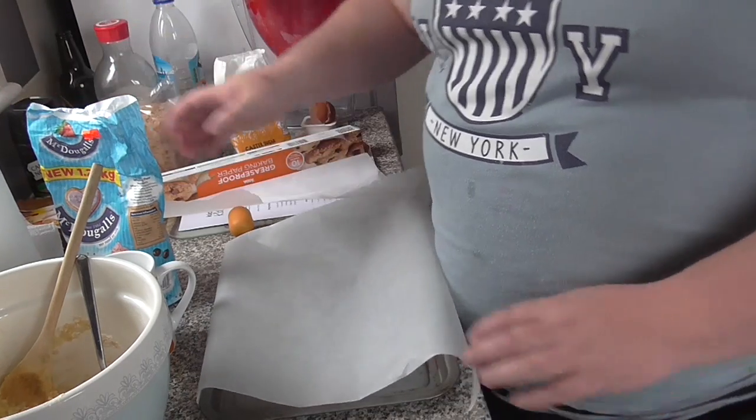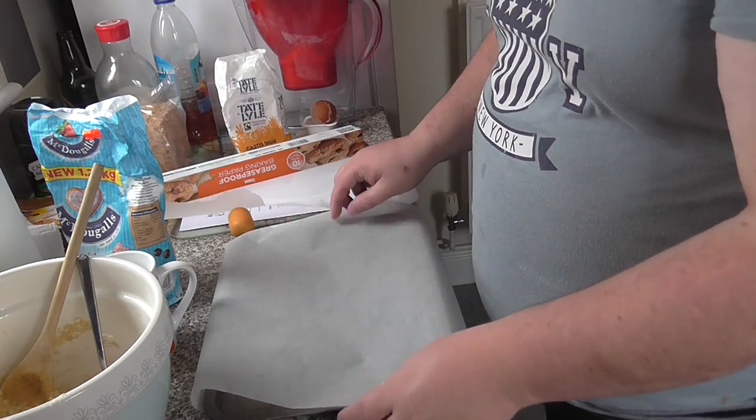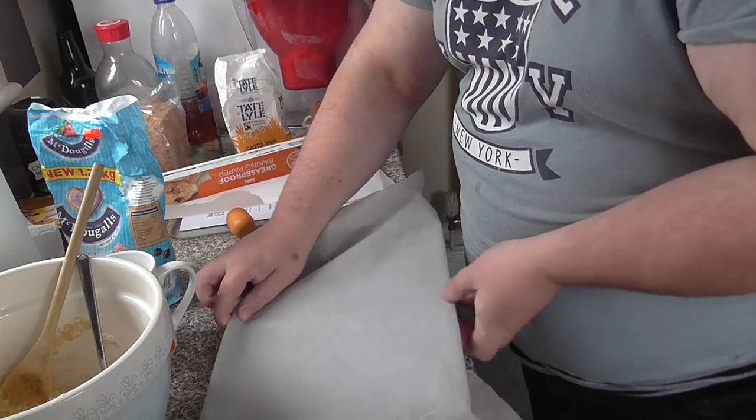Okay. Please excuse the state of my kitchen. I'm just trying to get myself sorted